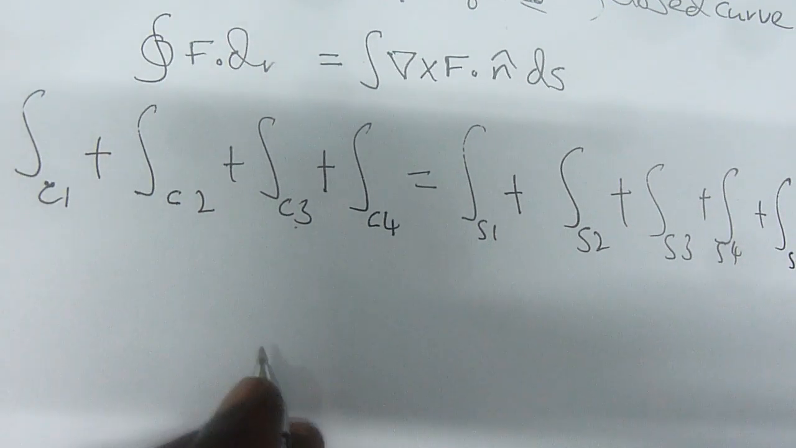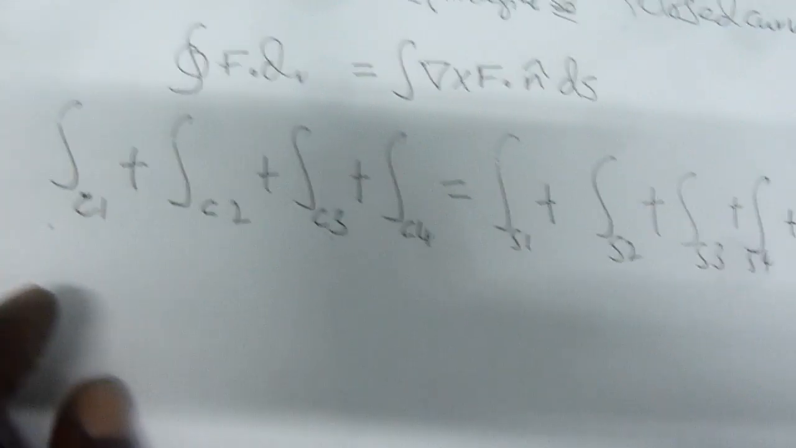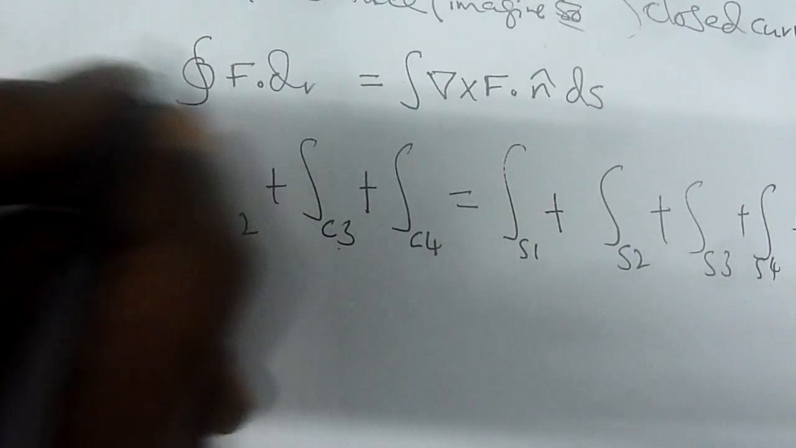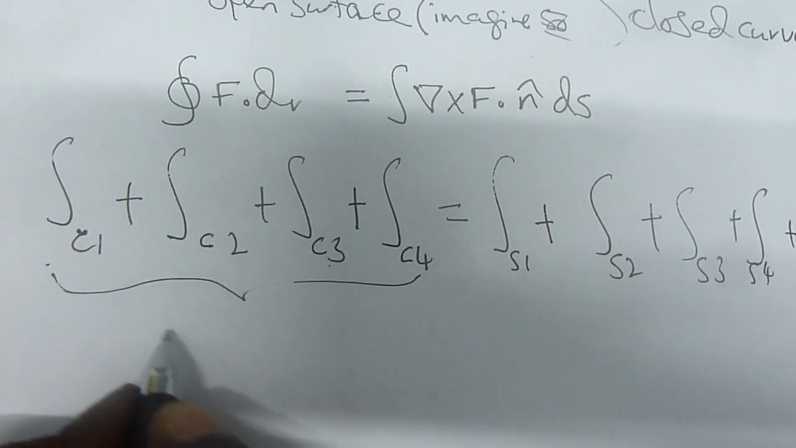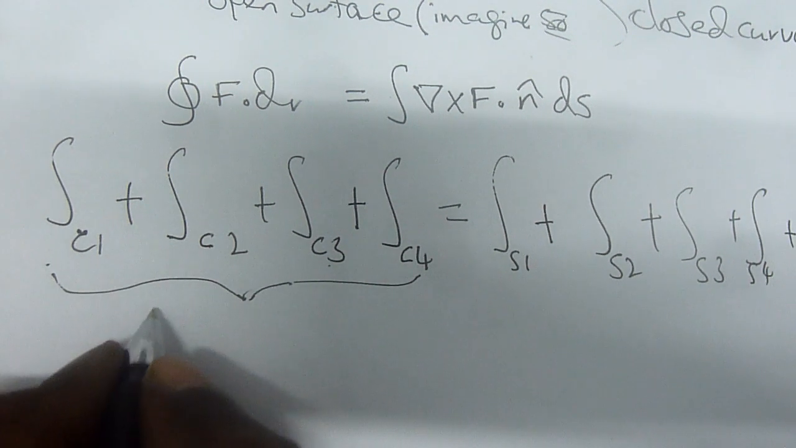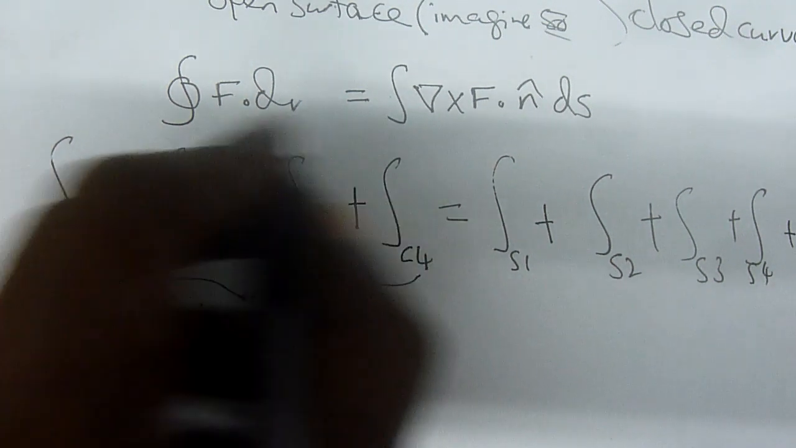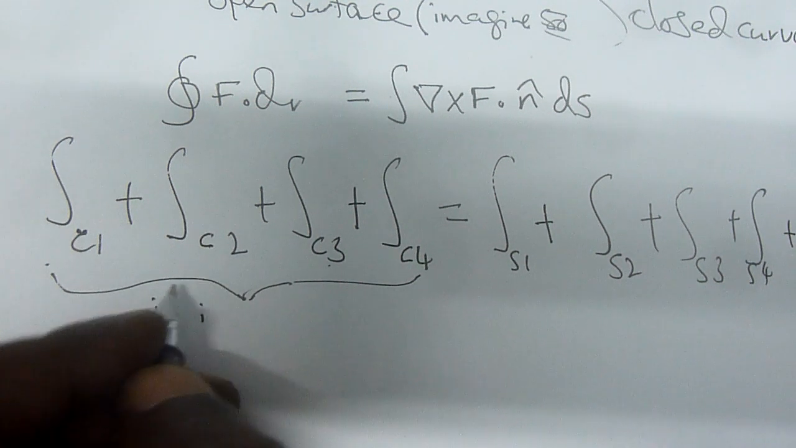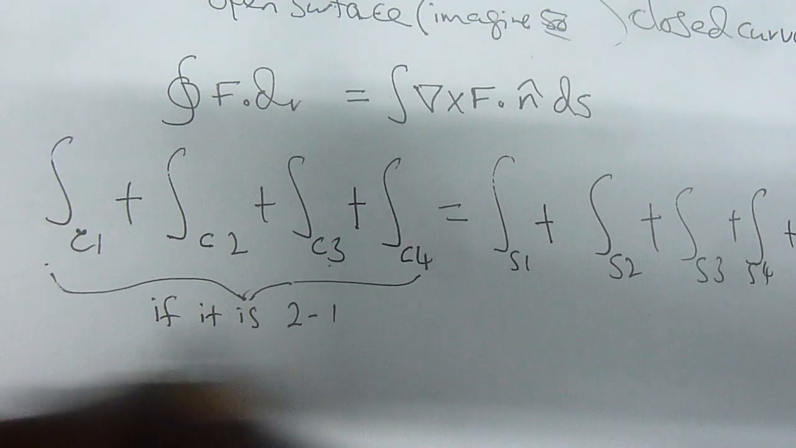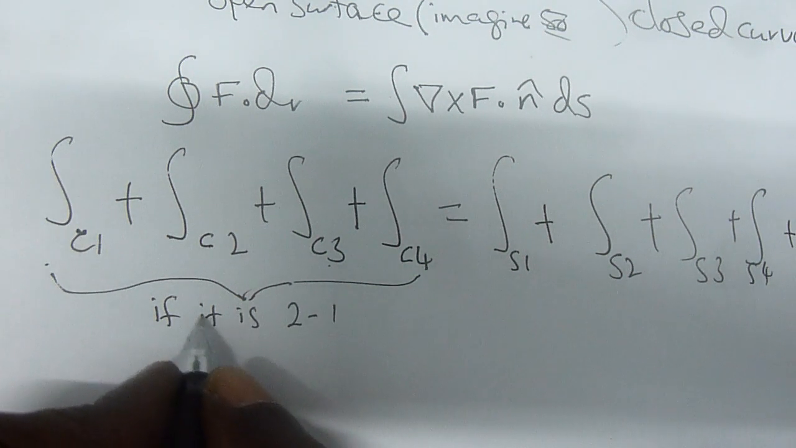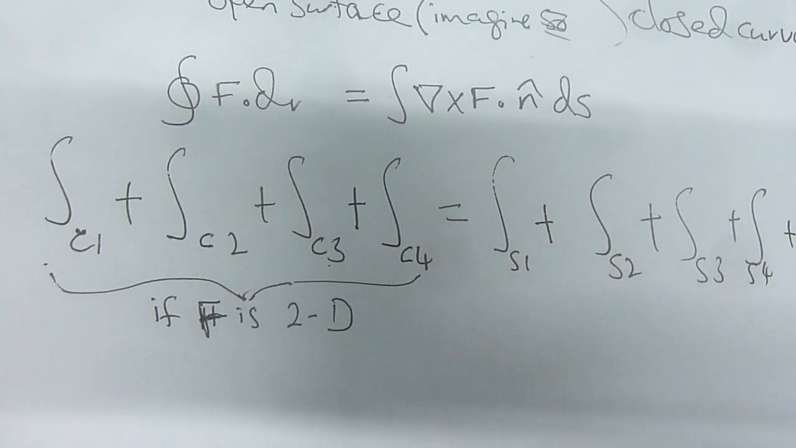This part, since it's a closed loop, you can see this is closed, right? We can use, if it is 2D, since it's closed, right? If it is 2D, here F. If F is 2D,